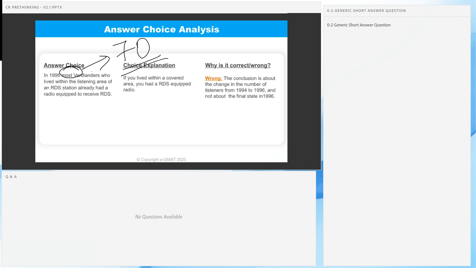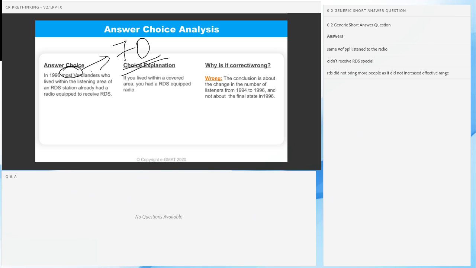The number of Verlanders receiving special program information in 94 and 96 was more or less the same. More people are not listening to RDS programming. Same number of people listen to the radio. That's a good way to simplify it, yes.